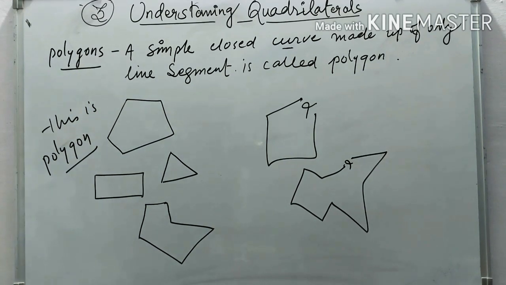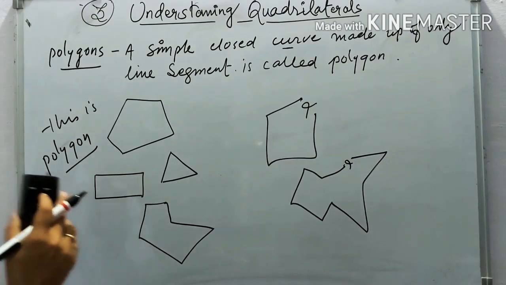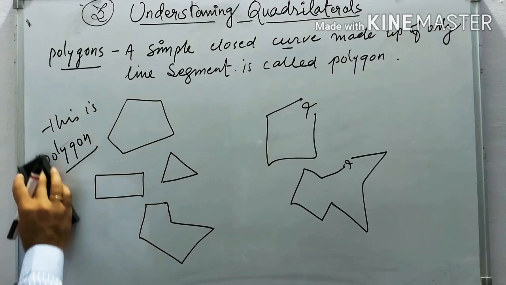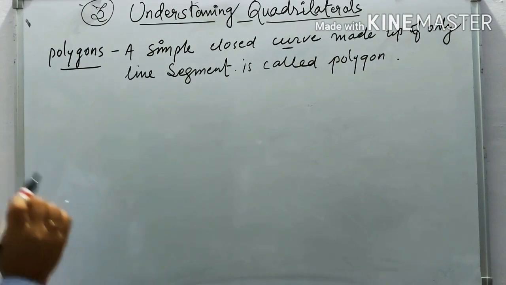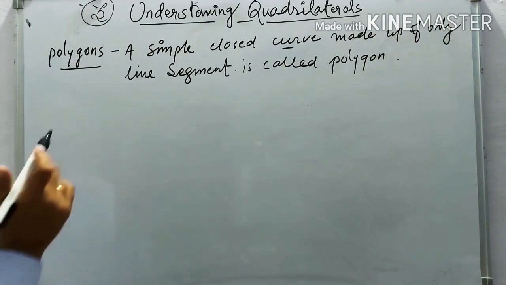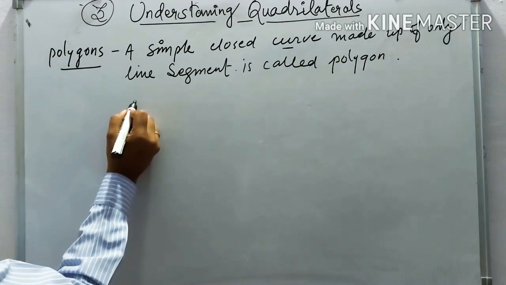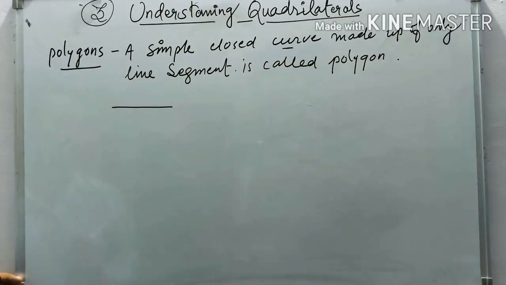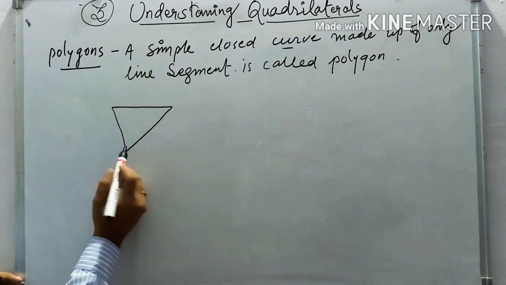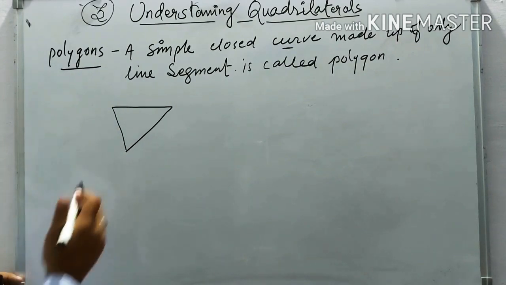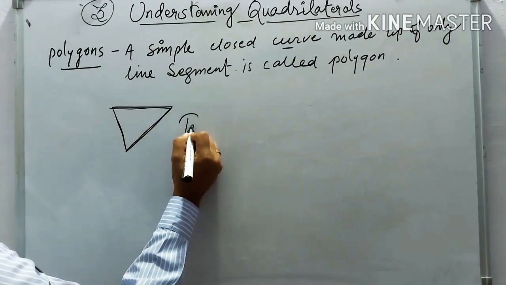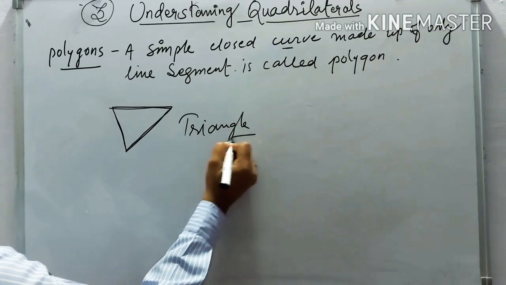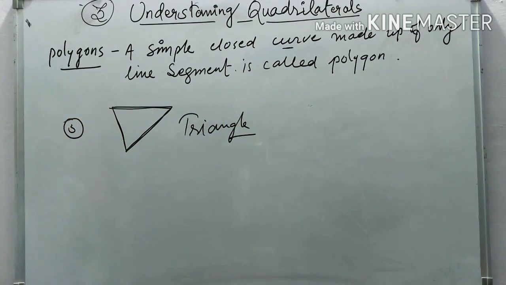In your book there are names of polygons, based on the number of sides. A polygon is a simple closed curve. A minimum of 3 sides is required, because one side is not a closed curve, two sides are not a closed curve, and the third side joins the points, so the first and last are closed. So a minimum of 3 sides is required for a closed curve. It is called a triangle because the number of sides is 3.